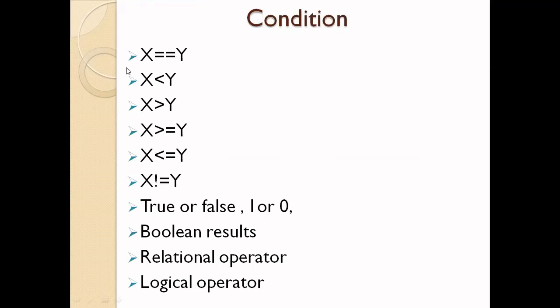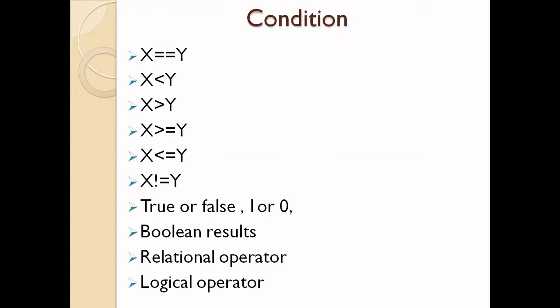So this is called a conditional. It will check the condition and you will get 2 outputs. One is true, another one is false. If the condition is satisfied, it will be true. If the condition is not satisfied, it is false. So the result is a Boolean result. You all know Boolean means the output will be 0 or 1. If it is true, the output is 1, and if false, the output is 0.